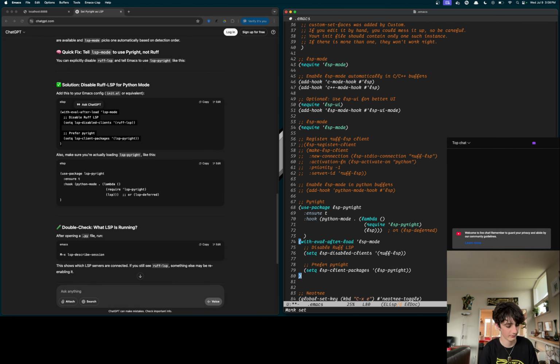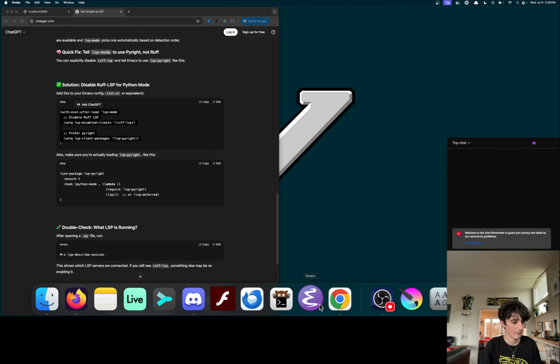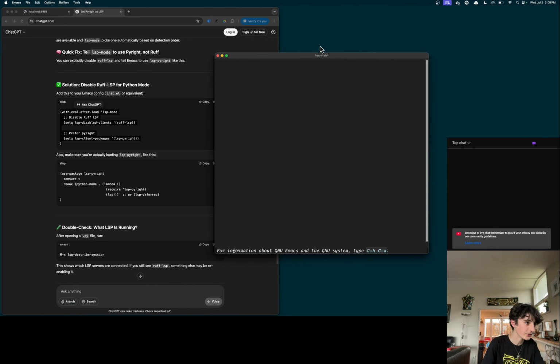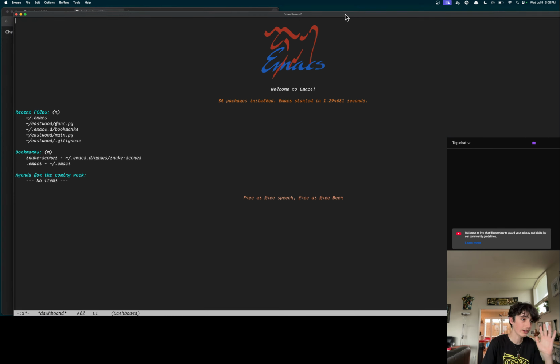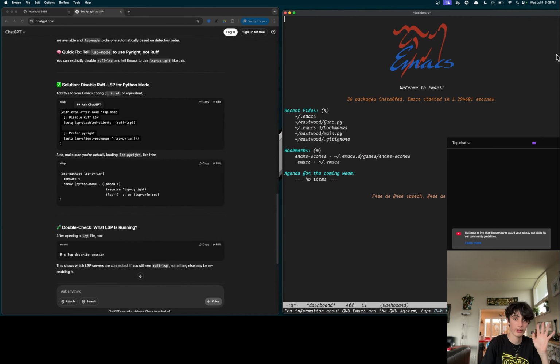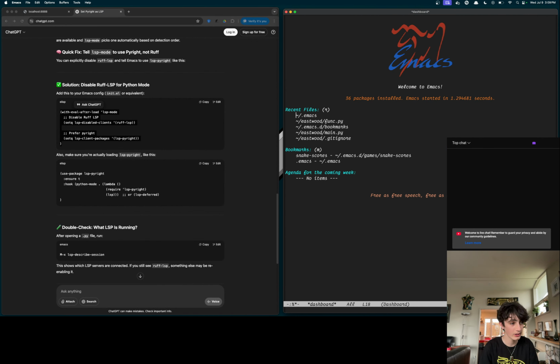Paste it. No idea why that's happening. Don't care. Open Emacs. Pray there isn't an error. There isn't. Okay, whatever I've done should,